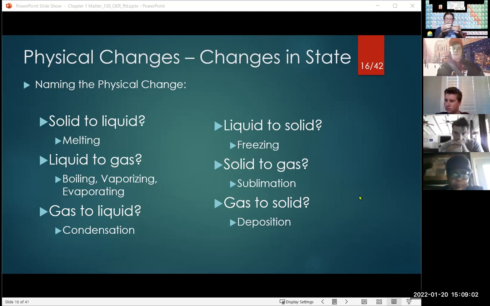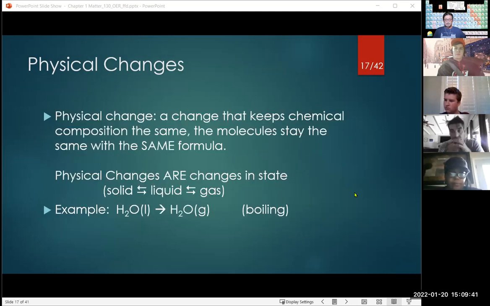I put energy into the system and I break up the interaction that these magnets have with each other a little bit. Now, they're still somewhat ordered, but not as ordered as a solid phase, and they become a liquid. And if I continue to add energy, all I'm doing is breaking up the interaction between the molecules and I break it apart, and they go into the gas phase. It's a matter of just the exchange of energy, either putting energy into the system or taking it out, when it comes to the physical changes, to go from the different physical states, solid, liquid, and gas. And their respective names are given as follows.